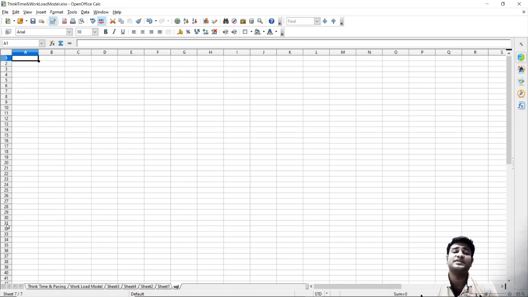RDBMS has a few rules. Any software which follows those rules will be called an RDBMS. So SQL follows those rules. We will not be going ahead and discussing those rules. The main thing which I want you to learn is SQL is related to tables. This is the major thing, and this will clarify most of the things. Today we will not be doing any practical session on Workbench. I want you to understand why exactly SQL was created, and what is the use of SQL in our day-to-day life.